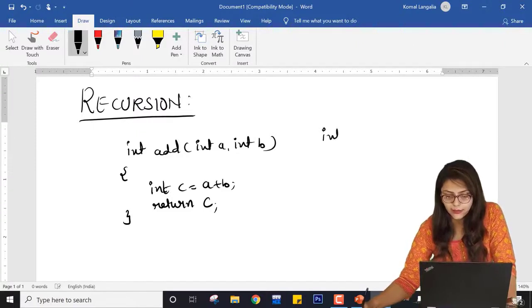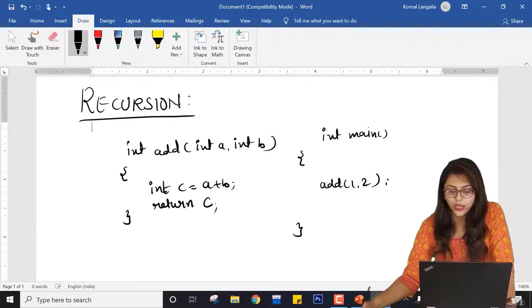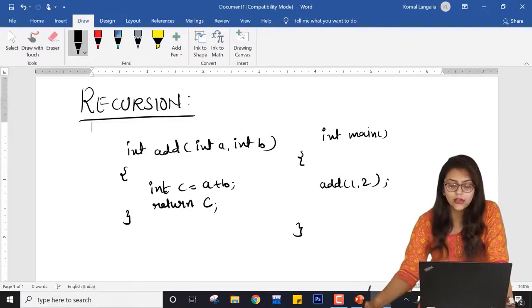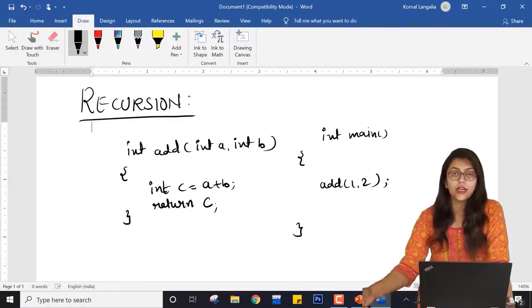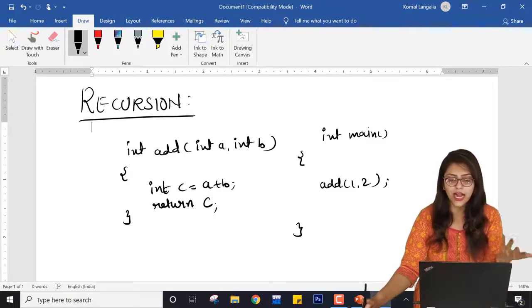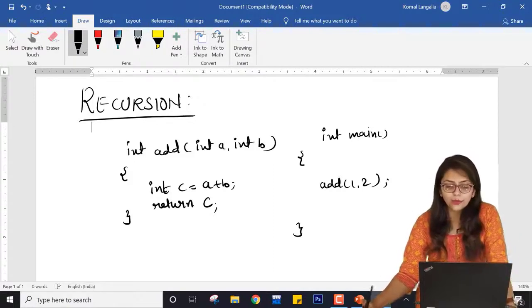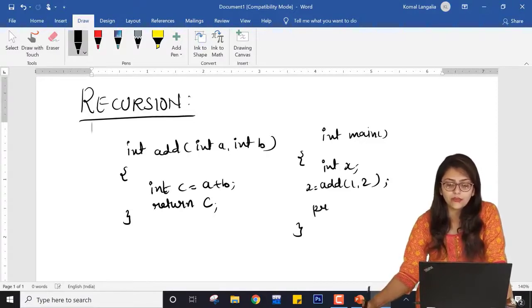And inside my main function, int main, I am going to call this add by using some kind of argument or constants. Here I have used 1 and 2 as constants, but you can also use scanf and take 2 arguments from the user, like add n1 and n2, and you can assign this value to some other variable, say x, and print the value of x.